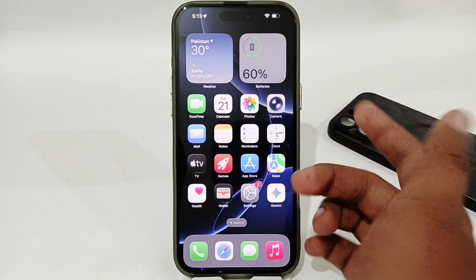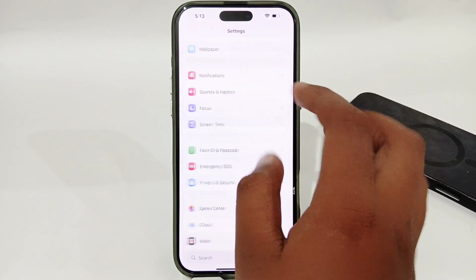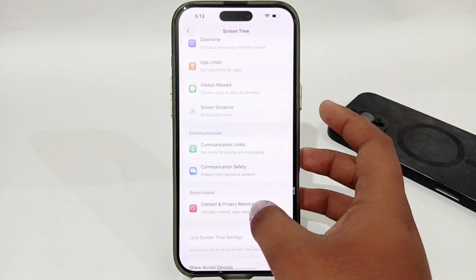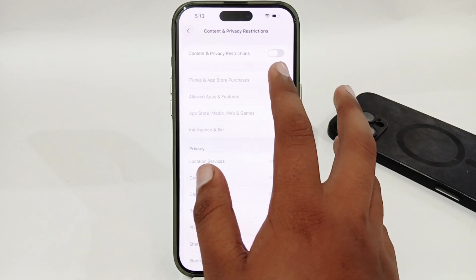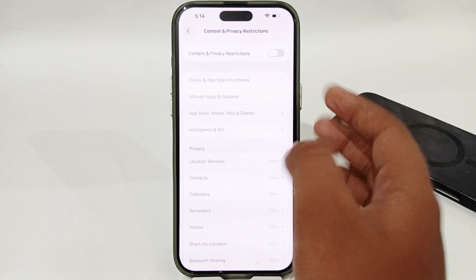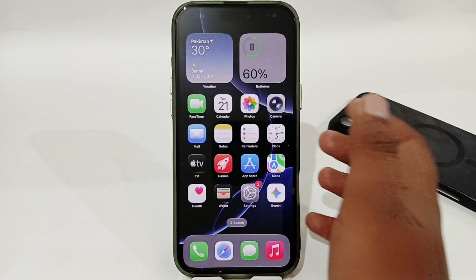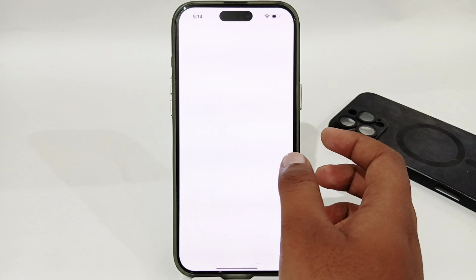Or if this method doesn't work for you, you have to open the Settings app and go to the Screen Time section, then go to Content and Privacy Restrictions, and disable all the restrictions from here, because sometimes these restrictions might hide some apps. So you have to disable the restrictions, then go to the App Store, and after that